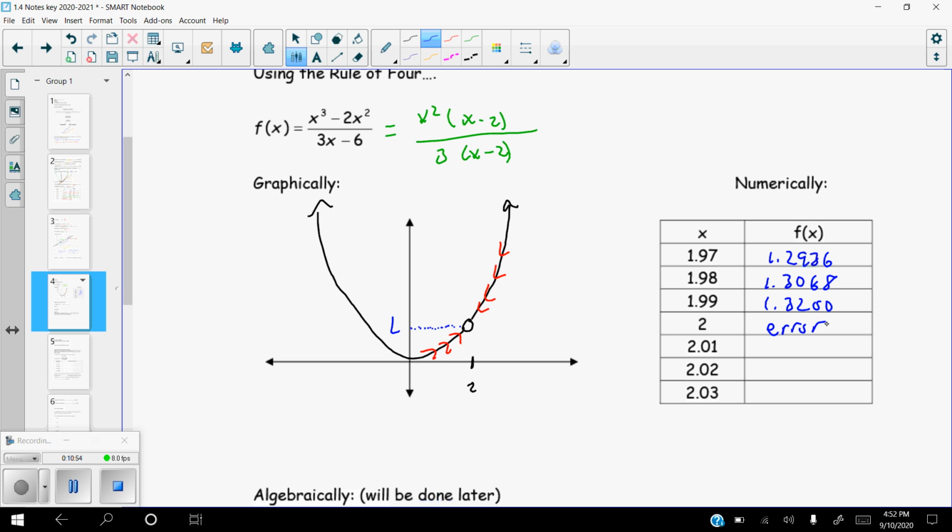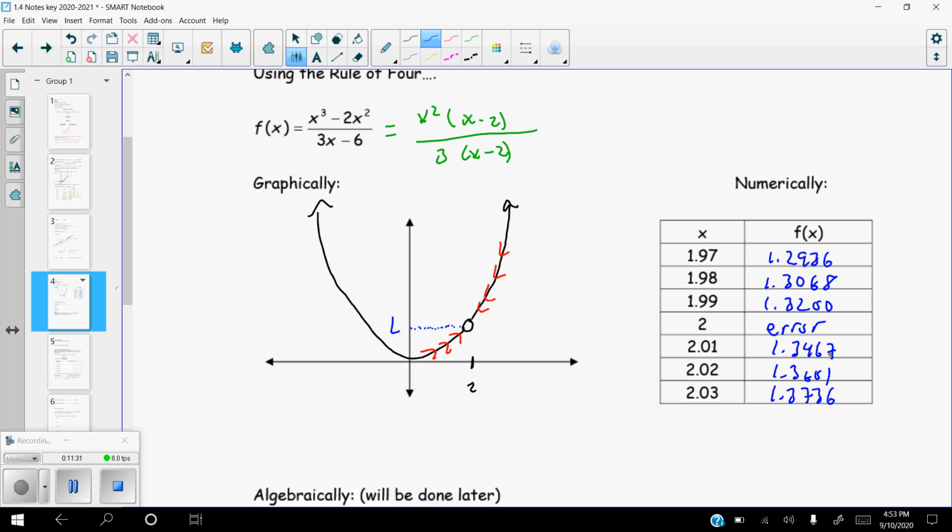And then if we approach it from the other direction, from the higher side, from numbers above 2, if I plug in 2.03, now I'm skipping to the bottom one here, that's 1.3736. And then if I plug in 2.02, it's 1.3601. And then if I plug in 2.01, it's 1.3467. Now what you should be able to do is kind of see, as the numbers get closer and closer